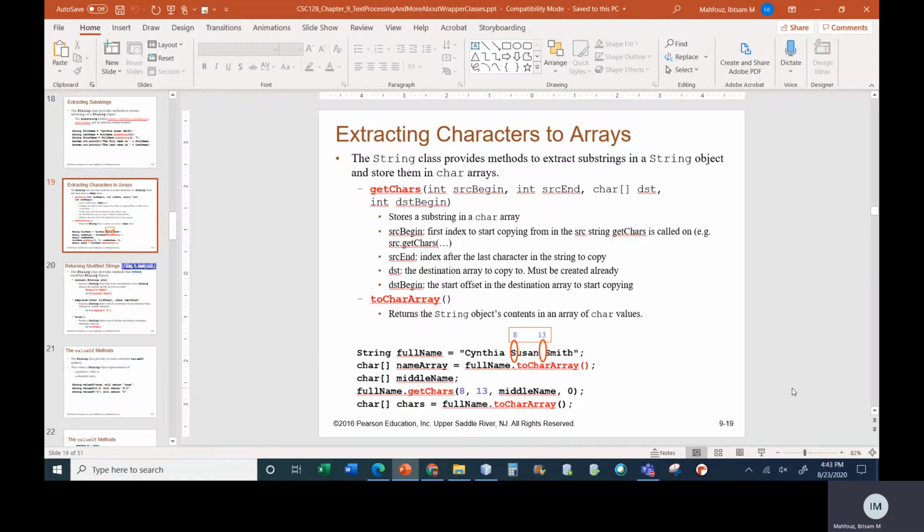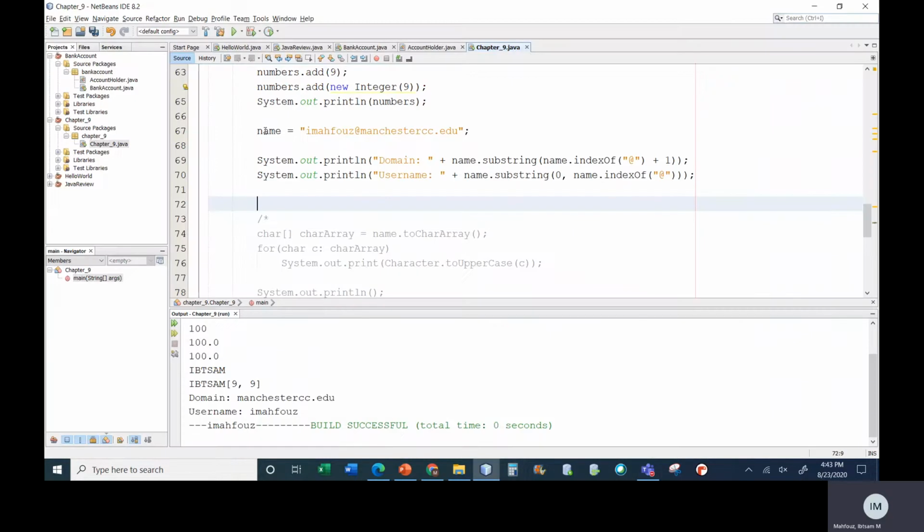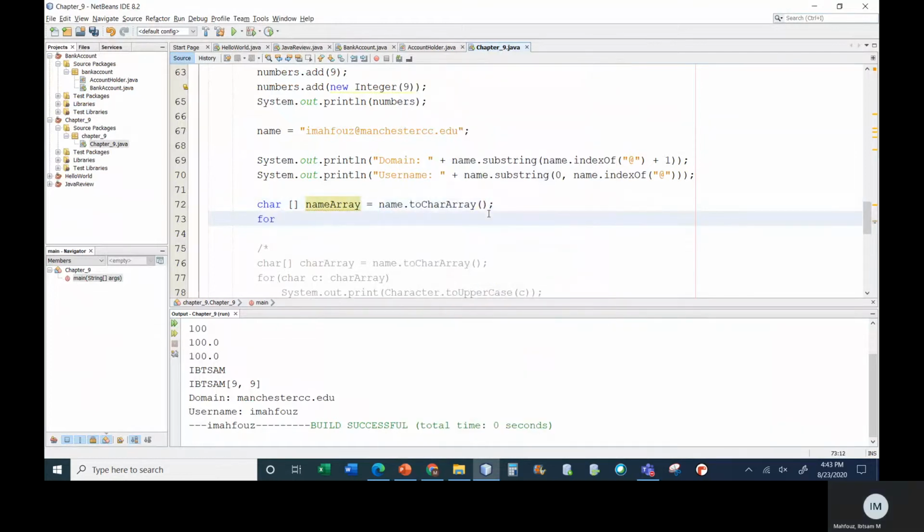There are a few other methods that we're going to talk about in this video. So one of the methods that we can do with strings is if you have a string and we want to get an array of characters out of it, we can use toCharArray. So for example, here I have my name, which is a string, and I want to get a character array out of it. So I can say char name array equal to name dot toCharArray. Okay, and so this will convert it to a character array,